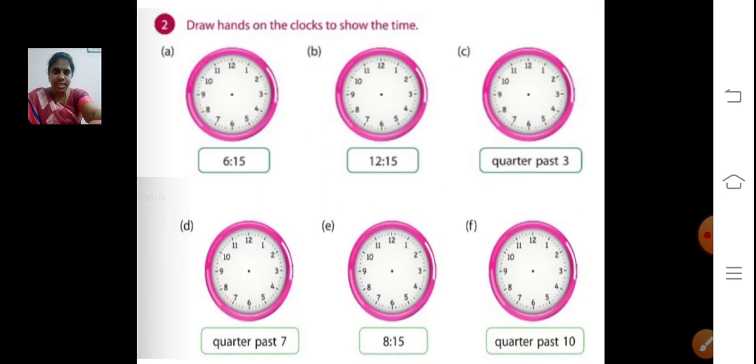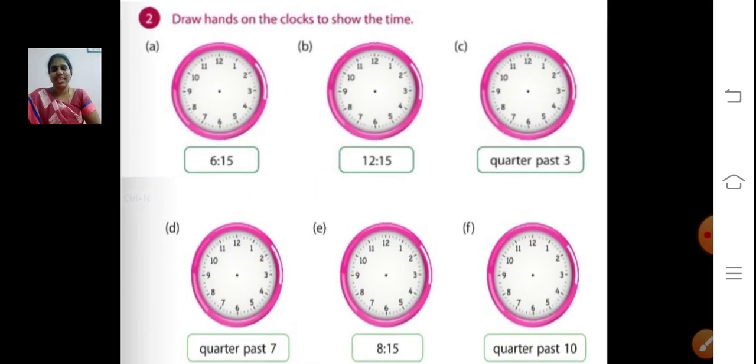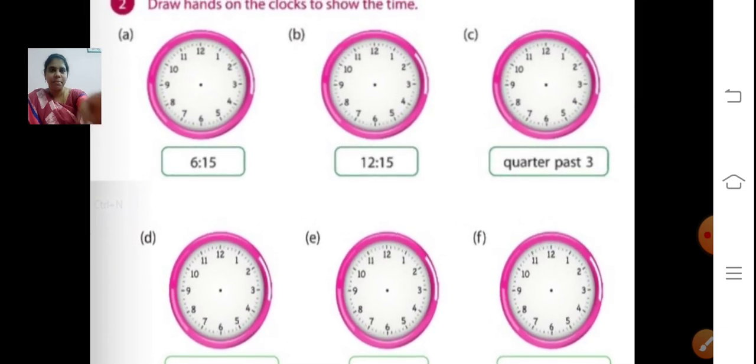Now the remaining sums we'll do in the next class. One sum we'll do, other sums you can do as homework also. So you know how to see the time, right? How to draw hands for the clock for the given time, right? Time is represented by hours and minutes. First one is the hours and then the minutes. How to calculate minutes? Just see where the bigger hand is, then multiply that number by 5 so that you'll get the exact minutes.